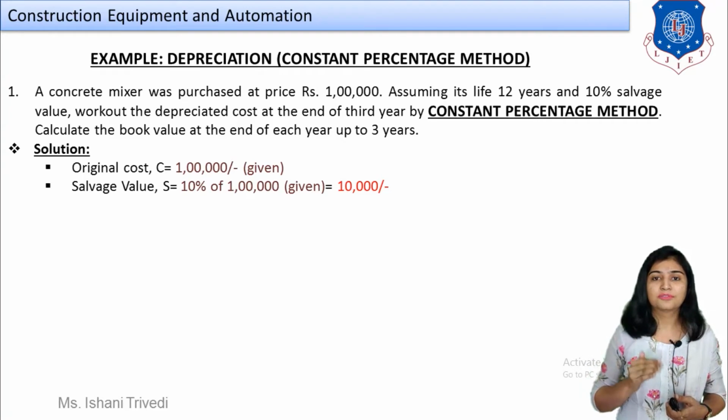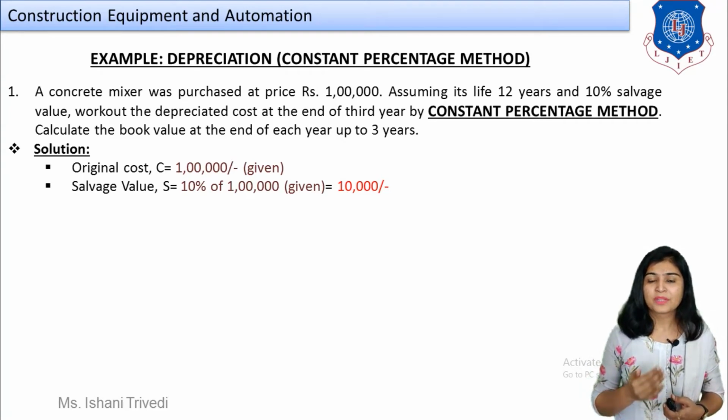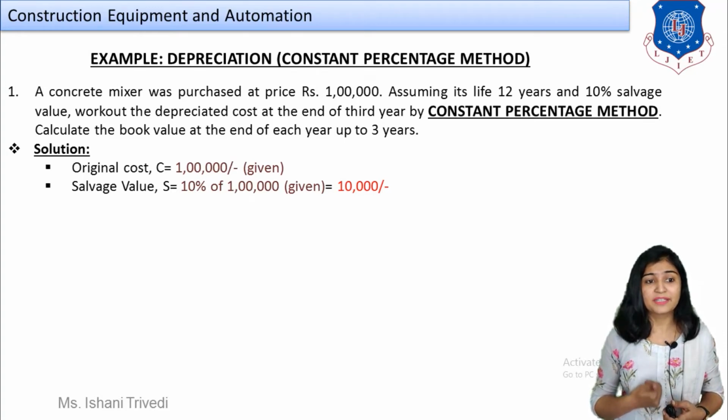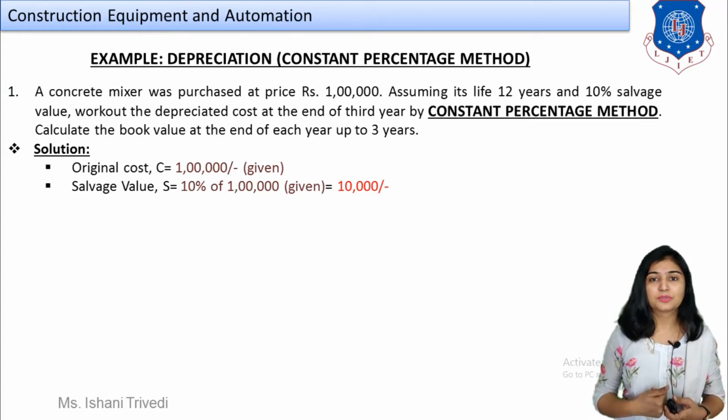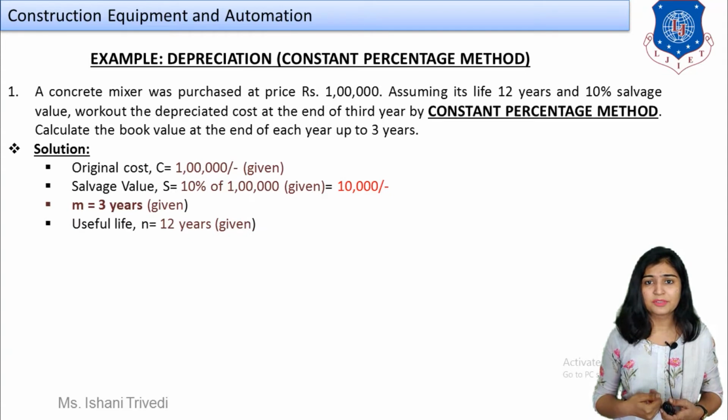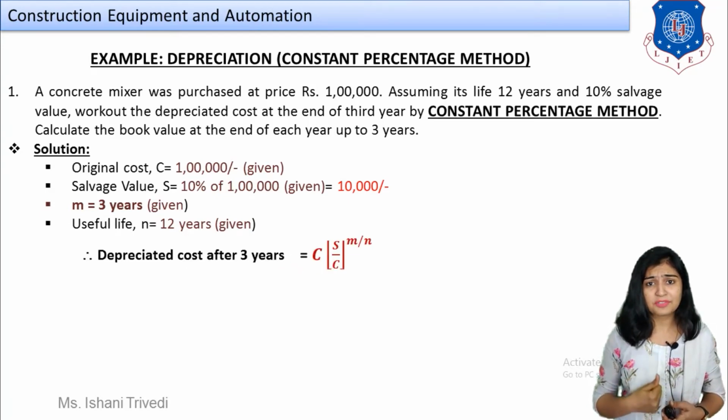Okay, so we have written C equal to 1 lakh, S is equal to 10%. See students, here S is not directly given to us. I think it is not given. Okay, it is given, right? We have S is equal to 10%, that is the scrap value. So 10% of 1 lakh is equal to 10,000 rupees. This is but obvious. Next we have small m is equal to 3 years, right? It is already given. Useful life is n equal to 12 years. Write down all this given data. I think you are already done with this.